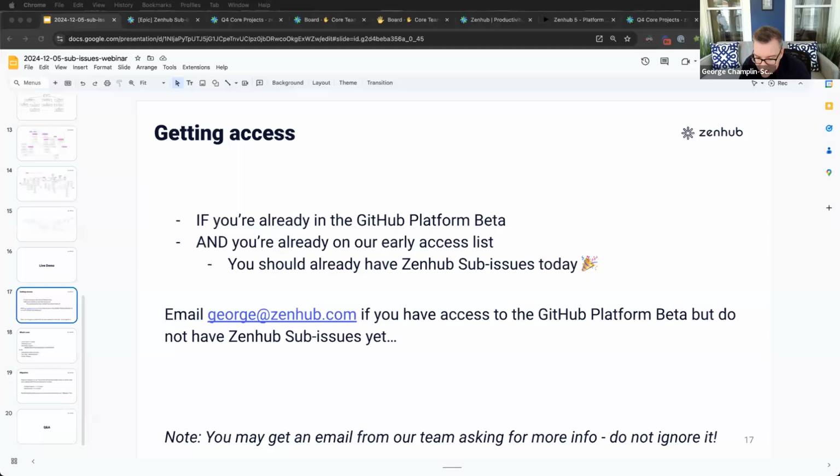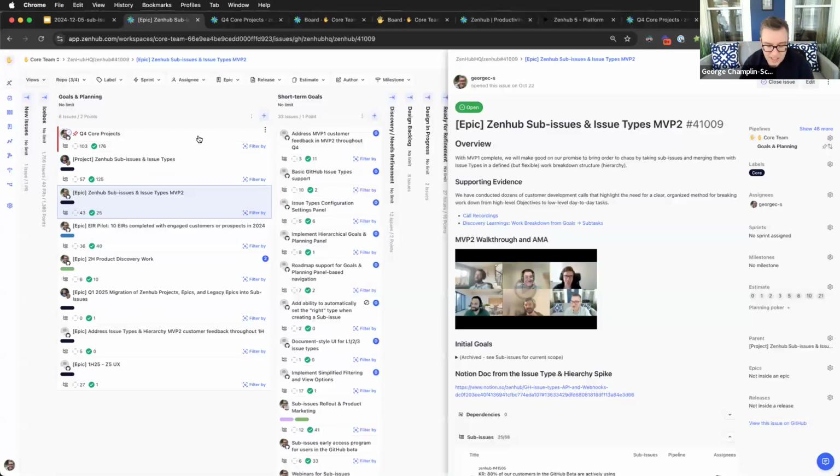And how are key dates different from milestones? So a milestone in GitHub land, in the GitHub universe, is a body of work that is marching towards a date. This is almost the opposite. A key date is a date associated with a body of work, and you can have multiple dates associated with that. So let me see if I can show